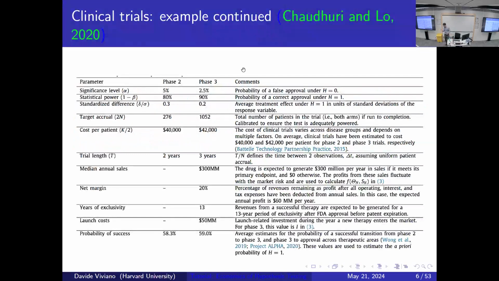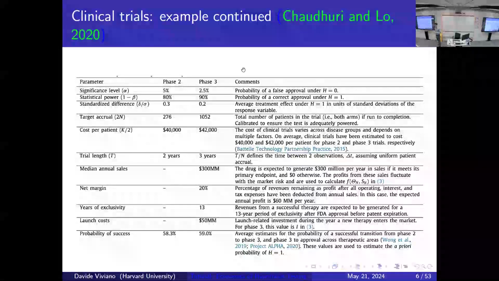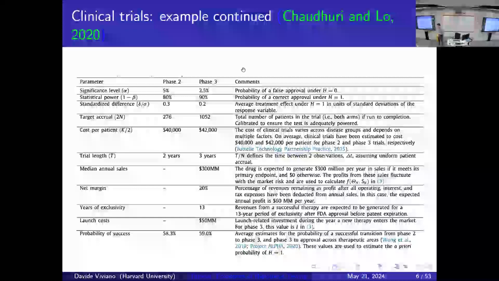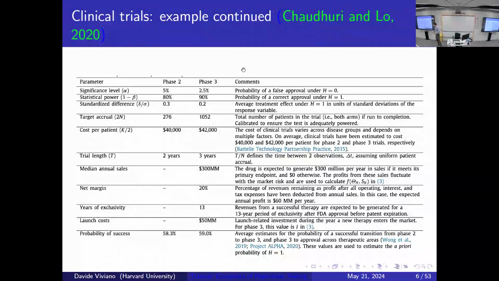So before we dive into some details, just returning to a very illustrative example of what is practice if we think about clinical trials. The practice is typically to have a size, a type 1 error control of 2.5% for phase 3 trials, so quite stringent. And then there is a conditional power, which really means having a sample size sufficiently large, which is around 90%